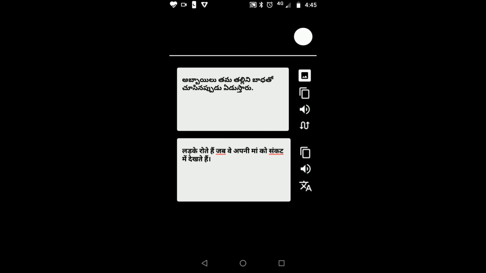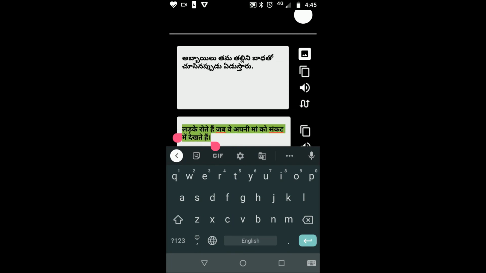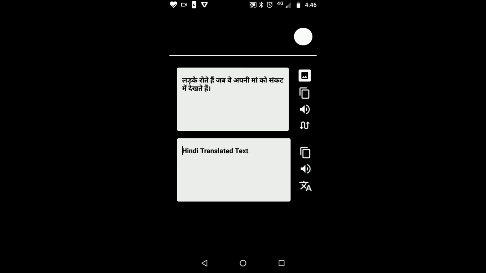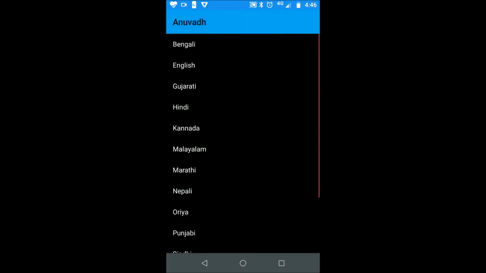Yeah, this is how it converts other languages from Telugu to Hindi, like that. If I want to convert this Hindi into another language, like that, just remove that. And this is text to text translation, guys. So remove that and clear this one also. If you don't clear it also, it will not be a problem, it will automatically reflect there.